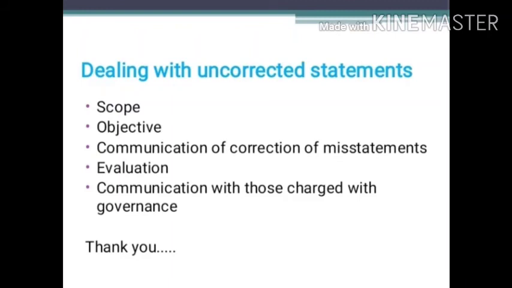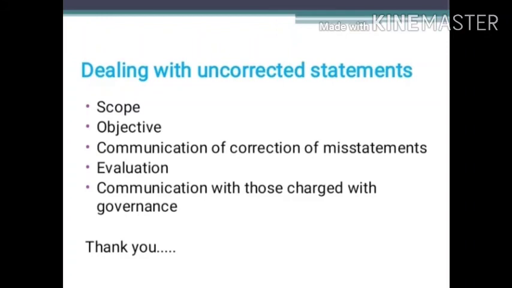Prior to evaluating the effect of uncorrected misstatements, the auditor shall assess and reassess the materiality to confirm whether it remains appropriate in the context of the entity's actual financial results, because everything will be decided based on the financial result of the company. The auditor shall determine whether uncorrected misstatements are material, individually and in aggregate. In making this determination, the auditor shall consider the size and the nature of the misstatement, in relation to particular classes of transactions, account balances, and disclosures, the financial statements as a whole, and the particular circumstances of their occurrence.